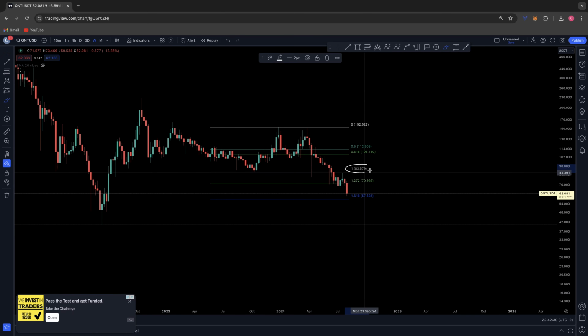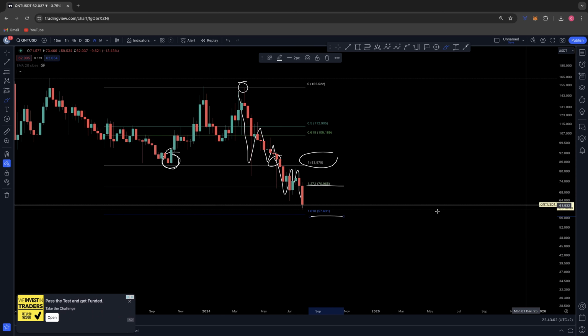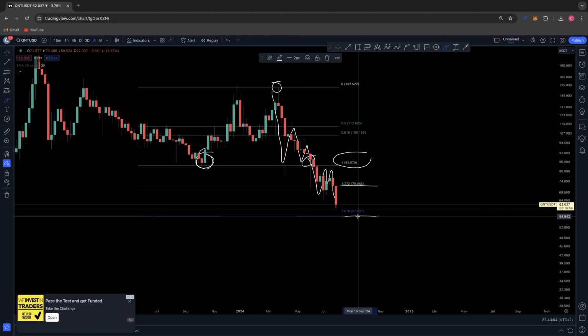We lost the one fib at $83, which was this support. So we've gone from this high, retracing back down to this previous support at $83. We've come back down to that support level, failed to hold it, ran into it as resistance, held the 1.272 at $70 for a couple of weeks, but this week have fallen through and right now are pushing down to the 1.618. So right now, I think an optimal entry point to see some relief for Quant is around